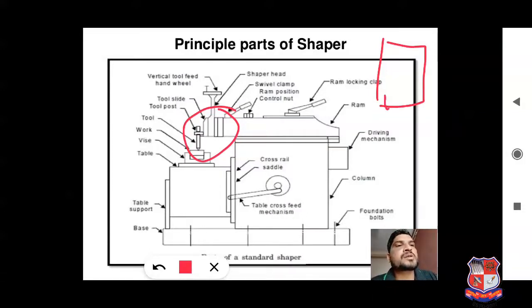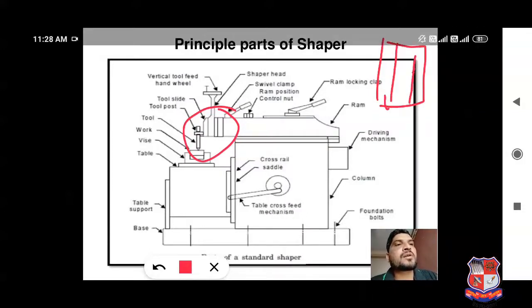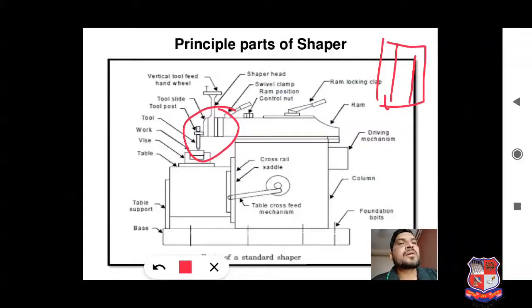This clapper box is responsible for forward and backward stroke of the ram, as well as it is responsible for lifting of the tool during the return stroke. Now, what is the lifting of the tool during the return stroke?